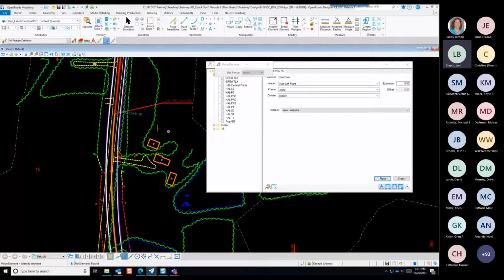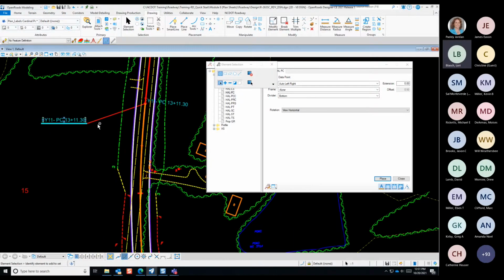There's something I'm missing here, but let's see. Yeah, move. So I can move this anywhere. I can move it to the other side here, and it will follow that for me. So that's the good thing about